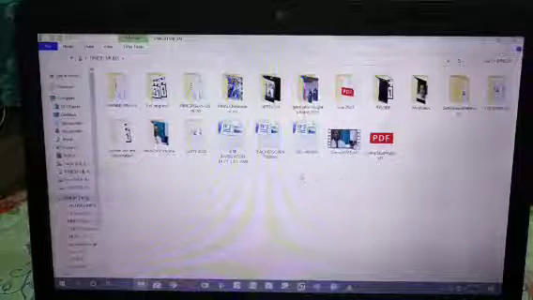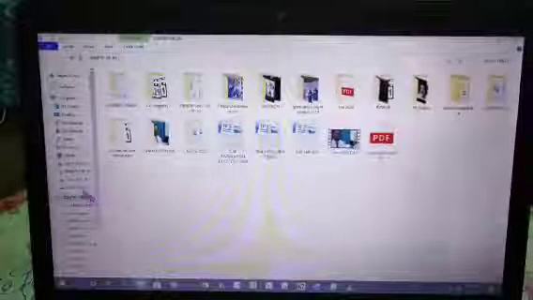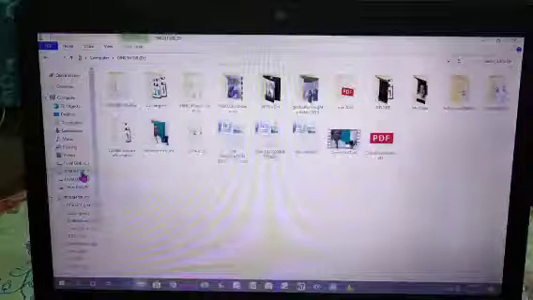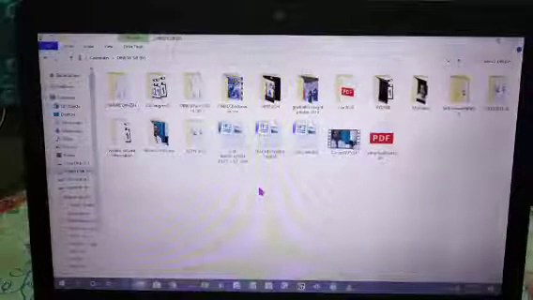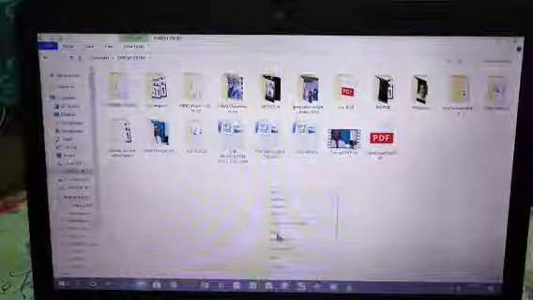Now suppose we want to copy that file, so we have to go there in F drive, and this one we had, this file to be copied. So again we right click over here, copy, and then we go to D drive, that is the pen drive location, and here we have to right click on an empty space and paste here.